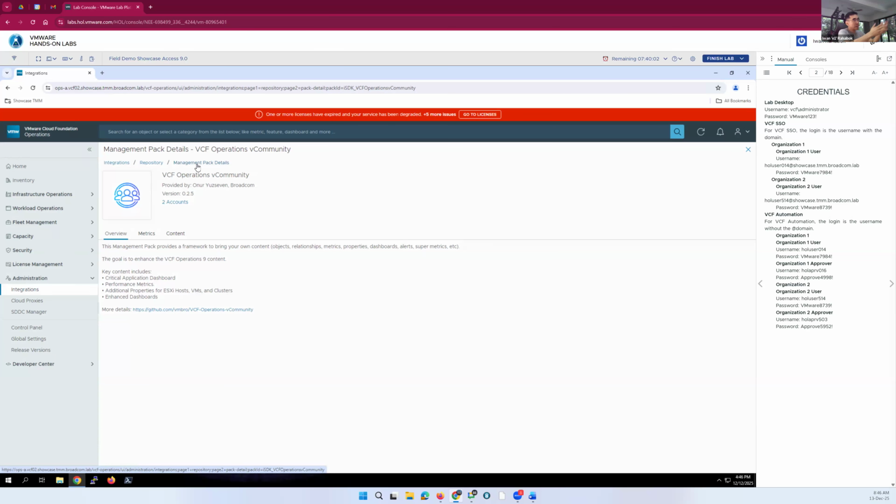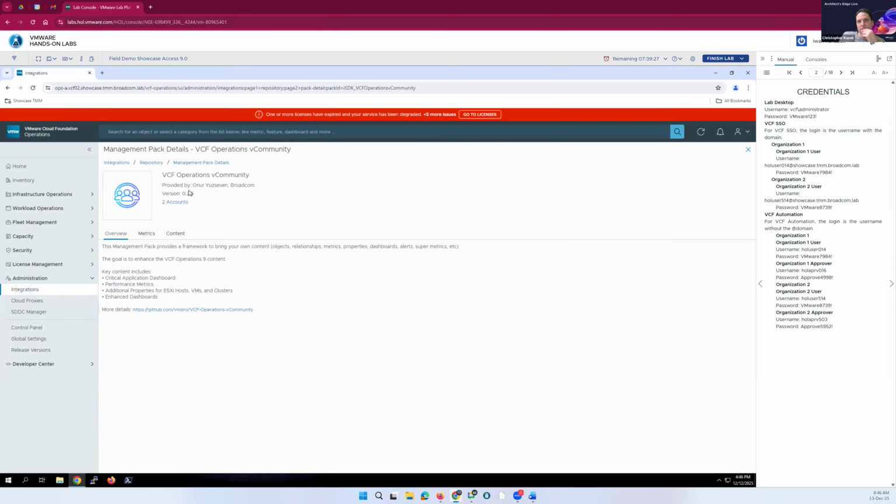So with this management pack, and by the way, later I think the best is to have Onur talk about the source code, which is available in GitHub. This is the key point. Our largest customers and partners want to customize this because your environment is unique, your process is unique. Onur, together with engineering, has lowered the barrier. You can take this as an example that you can customize.